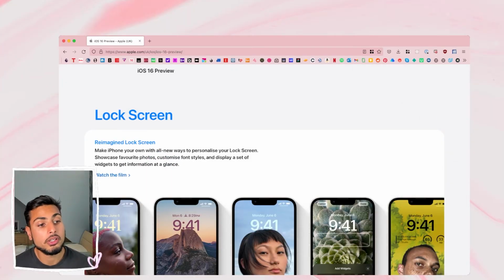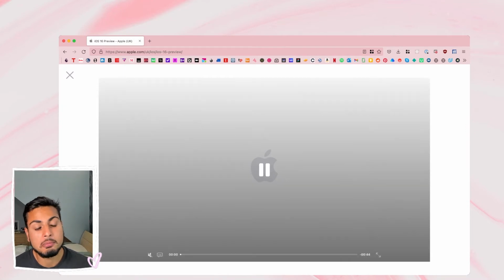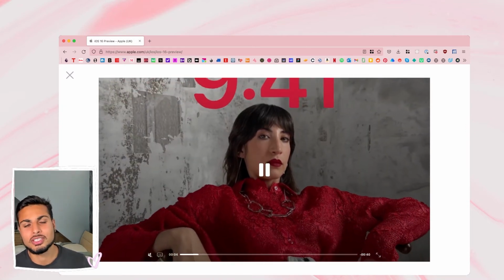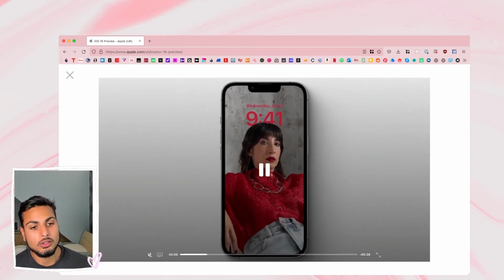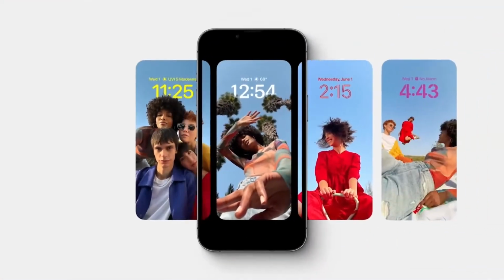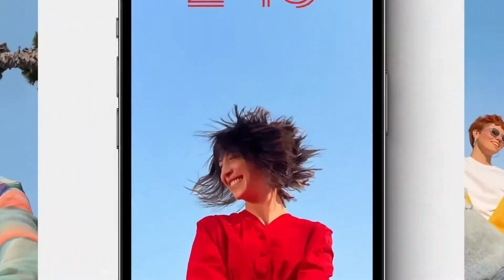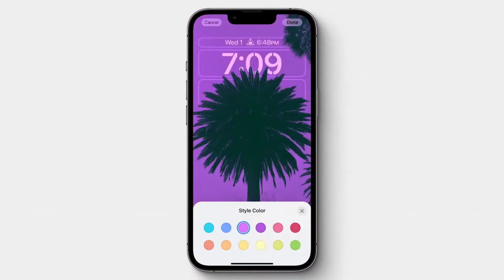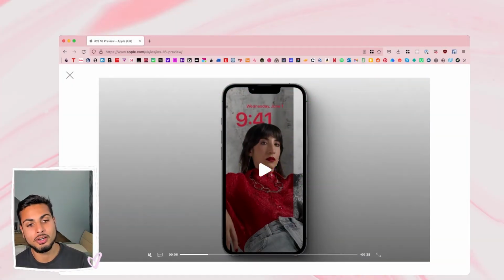So let's dive deeper into this little mini video that Apple made that shows the brand new lock screen here. What's really nice in this video is that they're allowing you to have a photo on your lock screen that overlays on top of the clock. I guess what's a really cool update they've done is that it's like cropping in Photoshop, where you've now got the person overlaying on top. It's a nice little effect here,